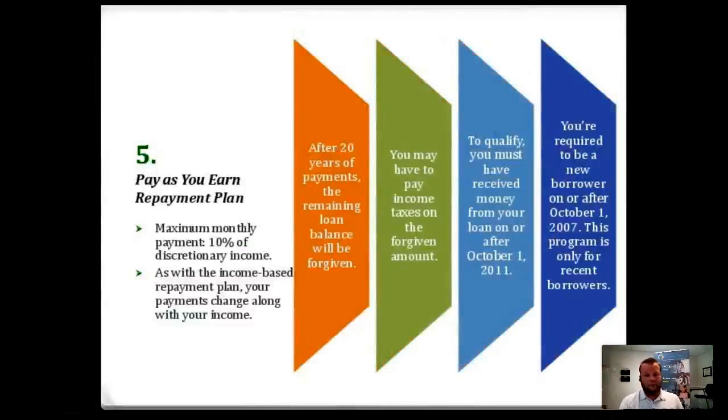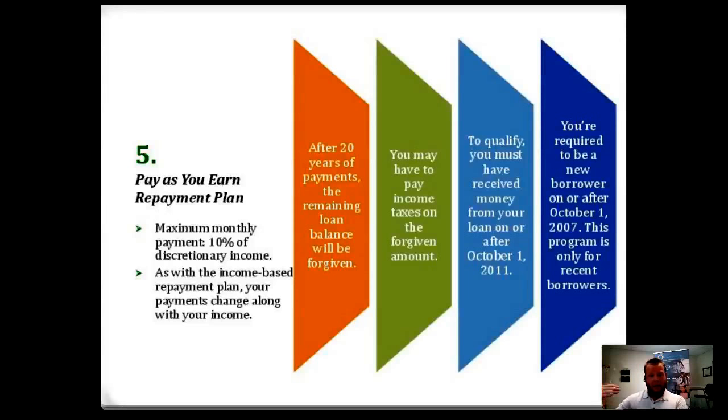All right, Pay As You Earn. This is huge. So the one before, income-based repayment, is a 25-year term. And I'm going to talk a little about debt forgiveness, cancellation, discharge, all that later. But you have to remember, income-based repayment is a 25-year term. Pay As You Earn, which is a phenomenal plan if you qualify, is a 20-year term. And they base the payment off 10% of your discretionary income.